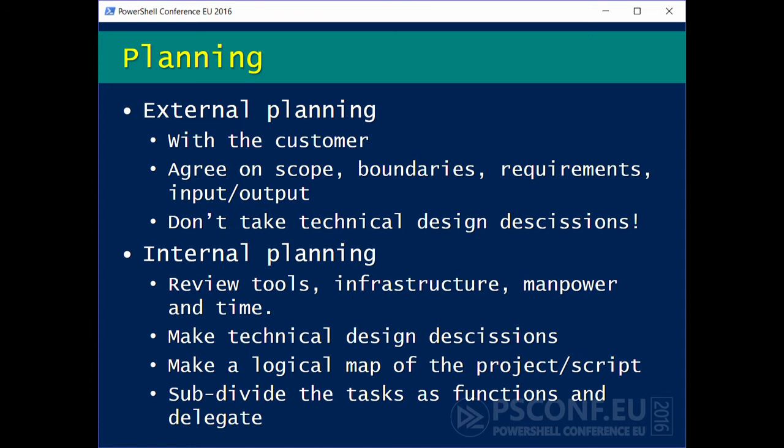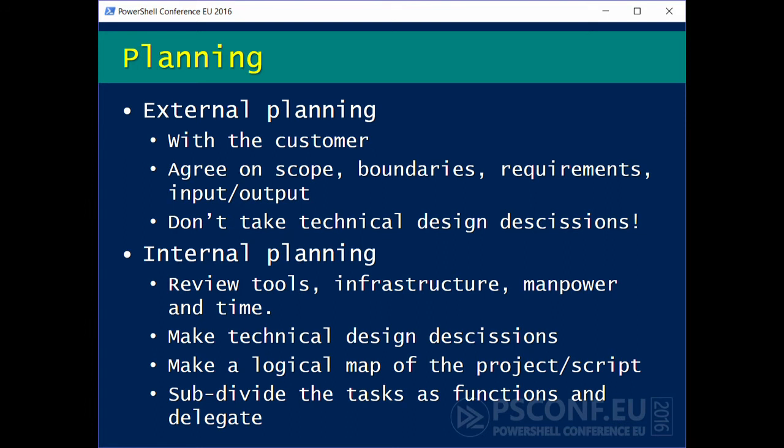And after that comes the internal planning, and that's when the team sits down for the first time and goes through the results of the external planning and starts to plan the project. And the team in this case, of course, was just me and my colleague. And for you, it might be just yourself. So just book a room for yourself and sit there for a couple of hours and think this through.